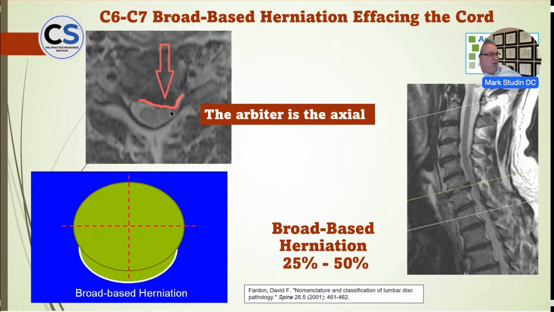I don't think I would touch this patient. Why? Because when you deliver a high velocity, low amplitude thrust, you create increased intrathecal pressure. You're increasing the size of this herniation where it's going to thump that spinal cord, and I don't want to do any damage to the cord. You do it, boom, each time to a spinal cord, and that's very problematic. So you might want to wait a couple of weeks or a month or so. You might want to co-manage with a different type of provider, depending upon the patient's clinical presentation.